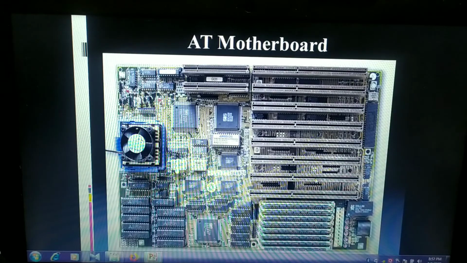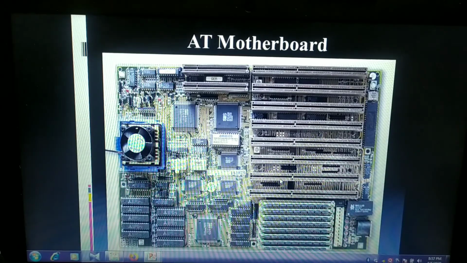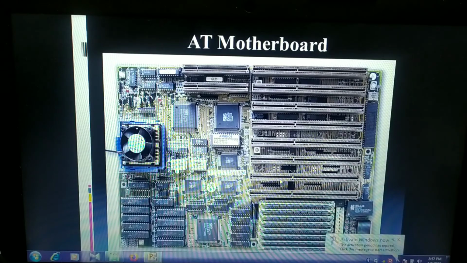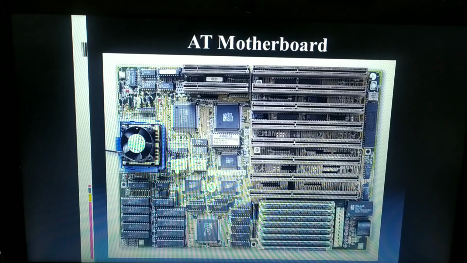ISA is nothing but industry standard architecture slots, and PCI stands for peripheral component interconnect, which is used to connect graphics cards, sound cards, or internal modems. If I want to play any audio or video in a computer system, whatever sound is generated is because of the sound card present on your motherboard, and that sound card is placed onto your PCI slots. For this AT motherboard, it is using ISA slots also. ISA is for connecting the modems. So all these slots are used in the AT motherboard.